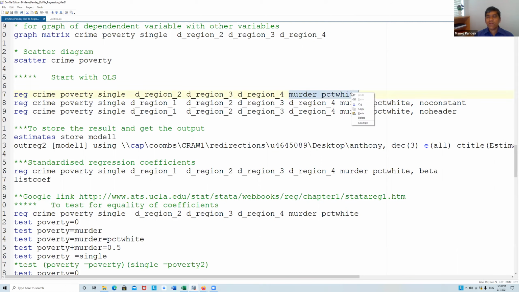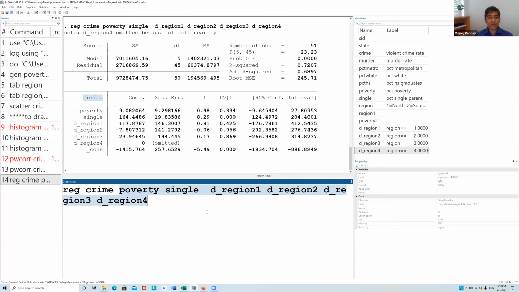I will just put some more variables like murder and percentage white. Because you remember this data is coming from the US. And in the US, a lot of literature is about racism, right? And also, people always say that this particular race is involved in more crime, and this particular race is involved. It happens everywhere, right?